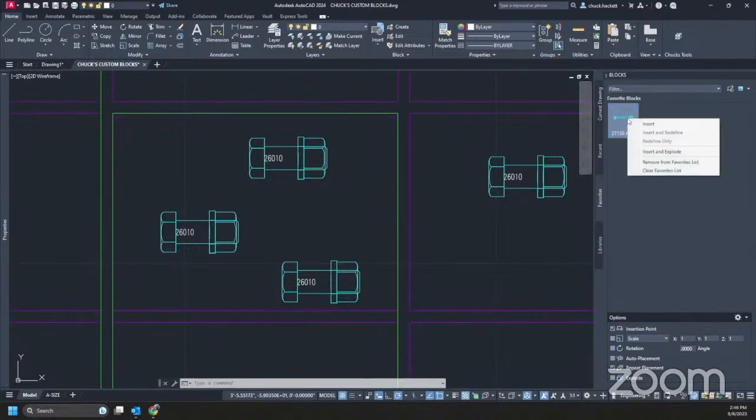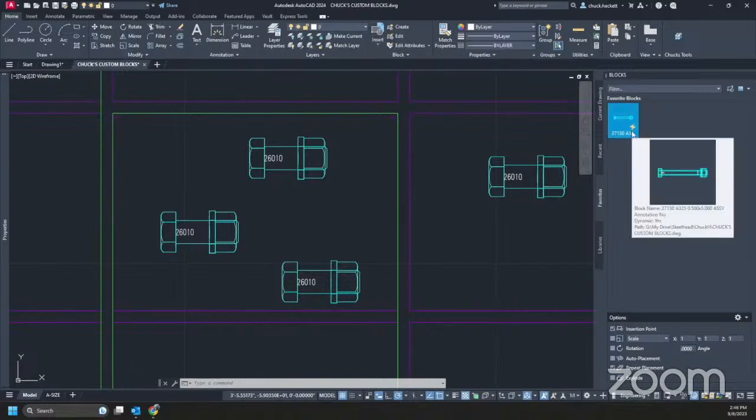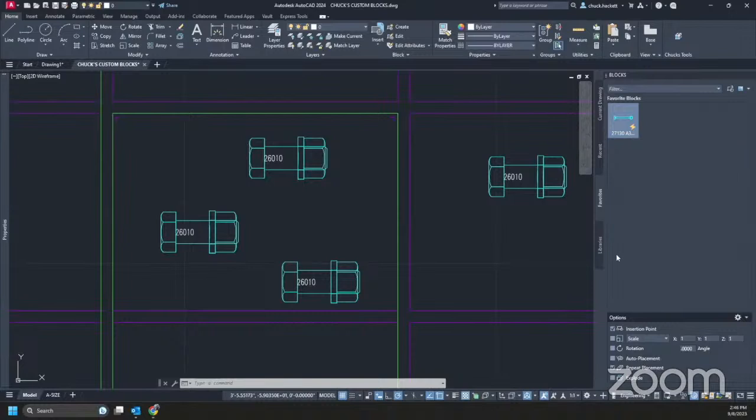Once it's there, I can insert it. I could remove it, or I could clear out my favorites list. So I could make a new favorites list every other Friday if I wanted to. It's a pretty cool idea. But one of the features that I enjoy so much that I think sets this apart,